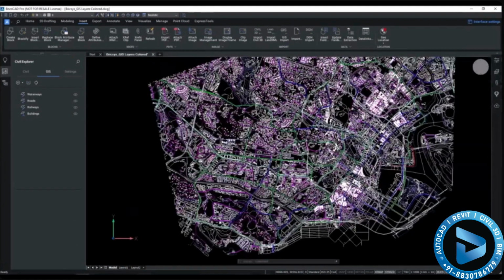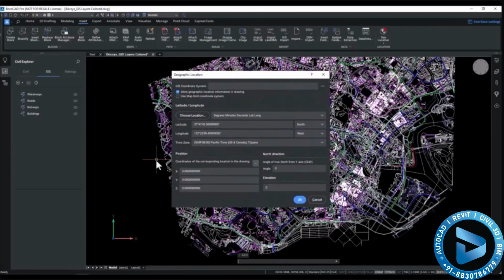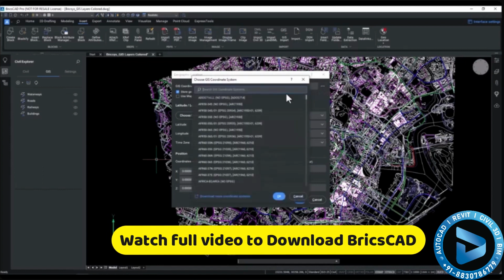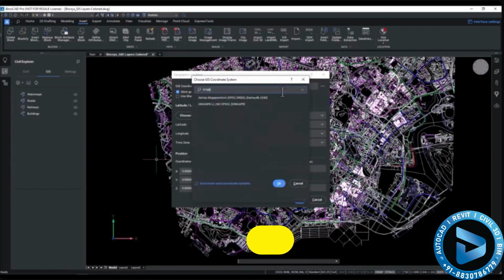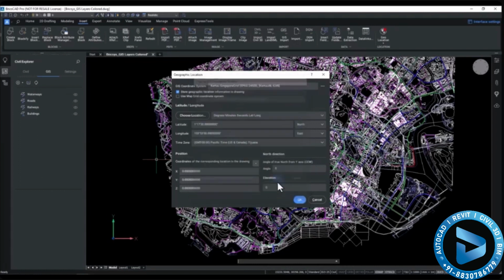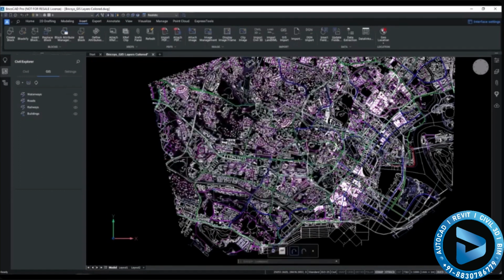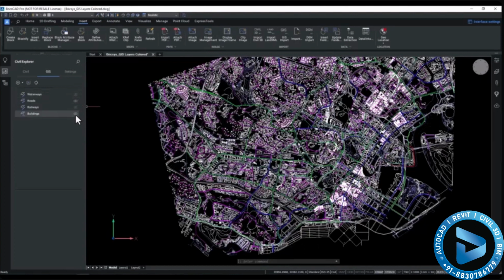The first thing that I tend to do is to assign a GIS coordinate system to ensure that whatever changes I do will align with the shapefile that I imported. And just like our source coordinate system earlier, I will assign Singapore Grid. Hit OK and done. What I'll now do is I will turn off the other layers and inspect the roads